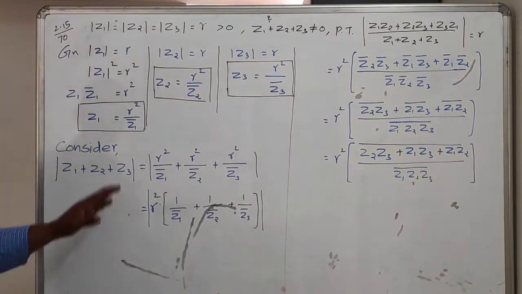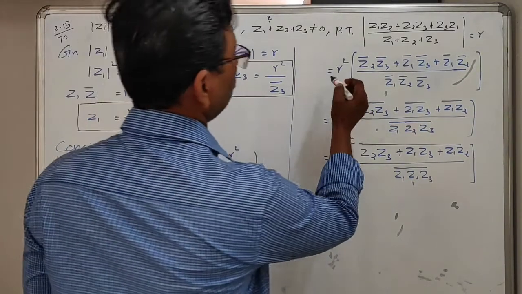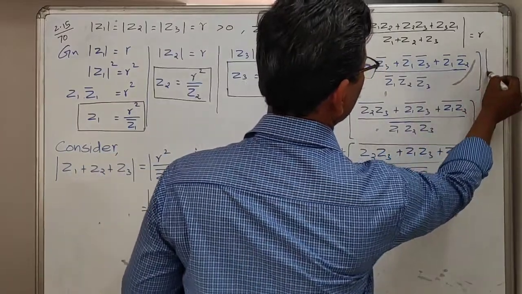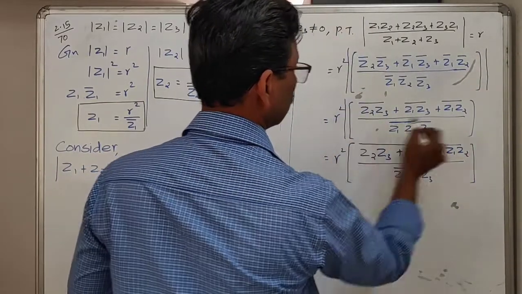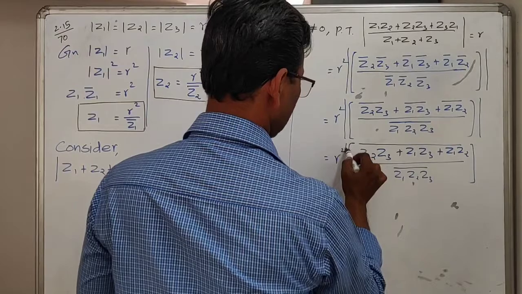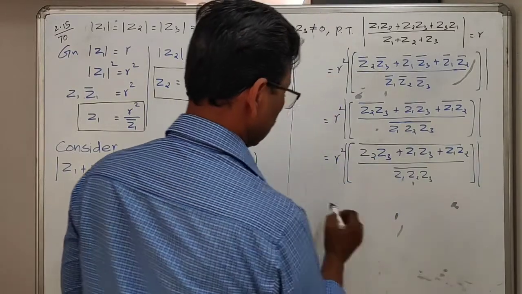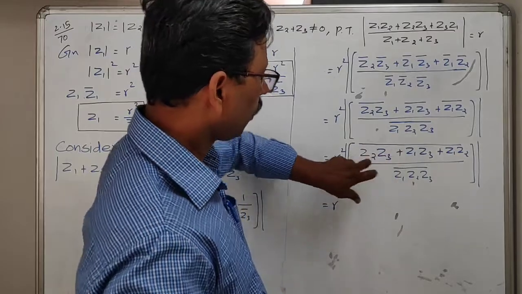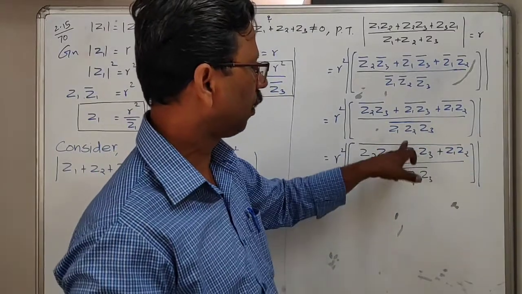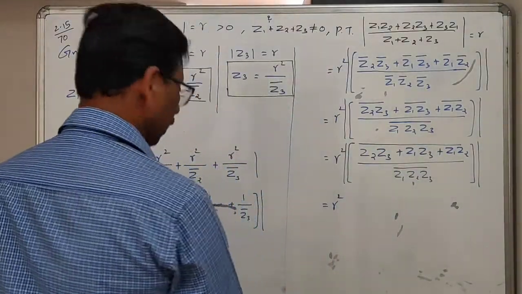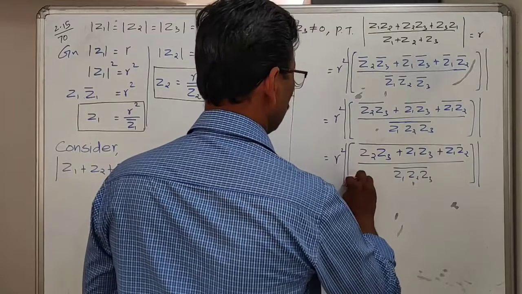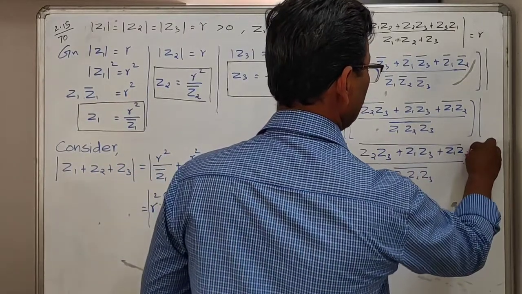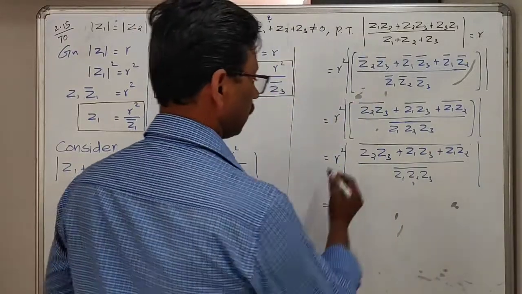You can put modulus, because see this one. This also you can take R square outside, then you can write modulus. Then here modulus. Then here you can take modulus. Then which is equal to R square into, see, if you take a modulus of quotient of two complex numbers, it can be written as the quotient of their modulus. Here you can write this as